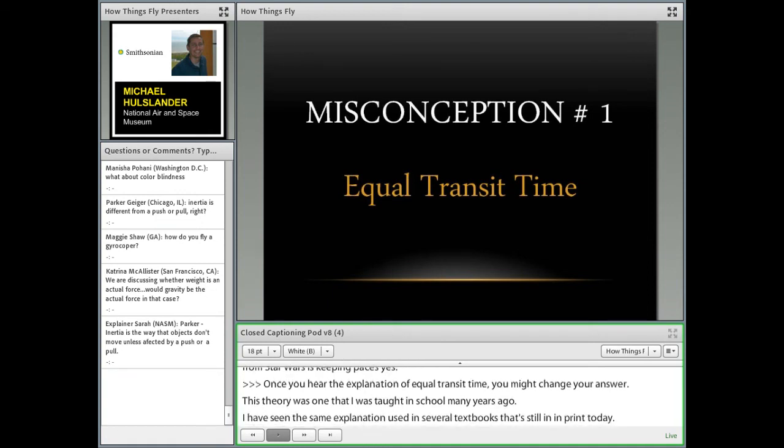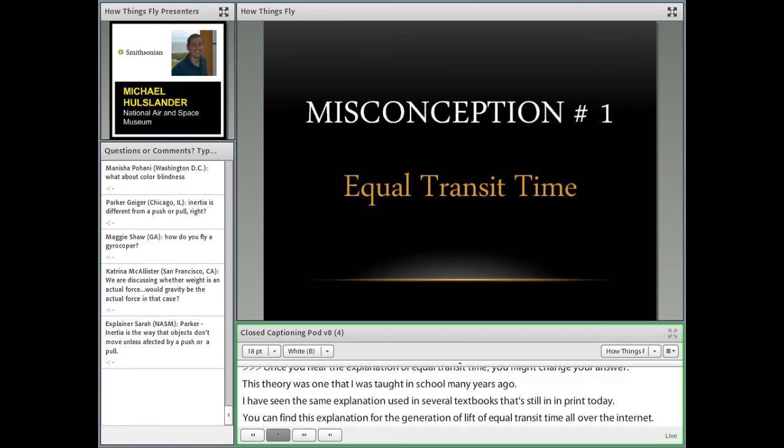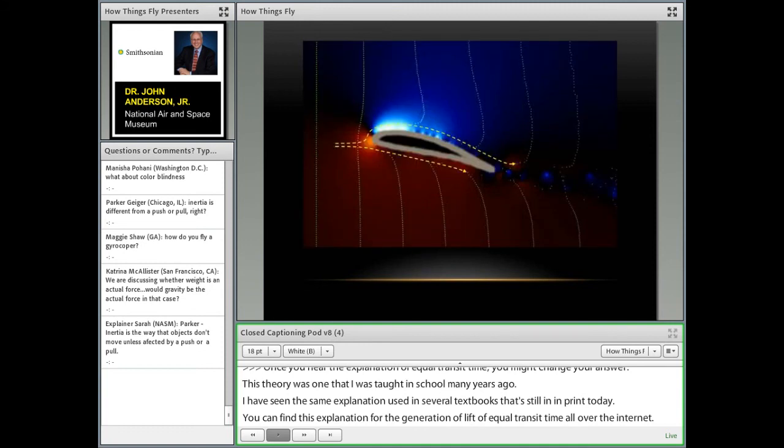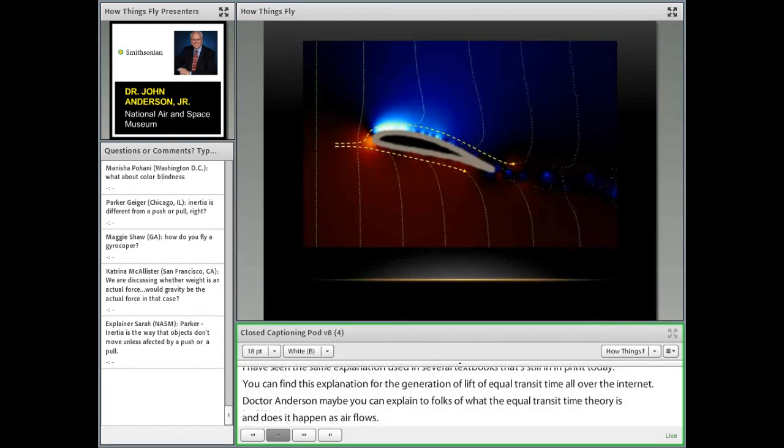So, Dr. Anderson, maybe you can explain to the folks what the equal transit time theory is, and does this really happen as air flows over a wing? Okay. First of all, what's transit time? Transit time is the time required for something or somebody to move from one point to another. So the equal transit time theory, which is a misconception,